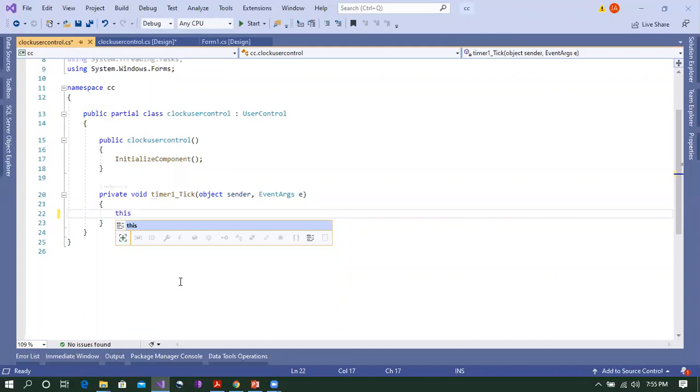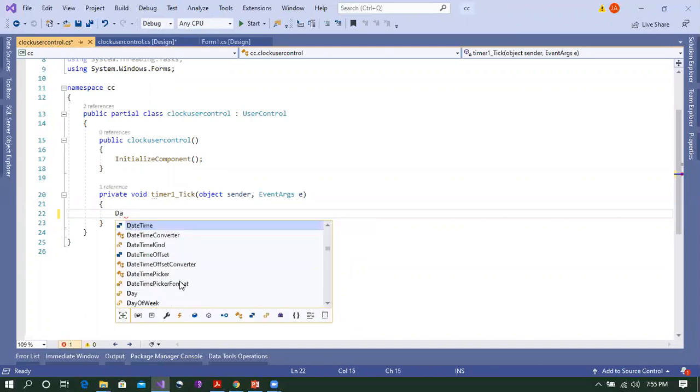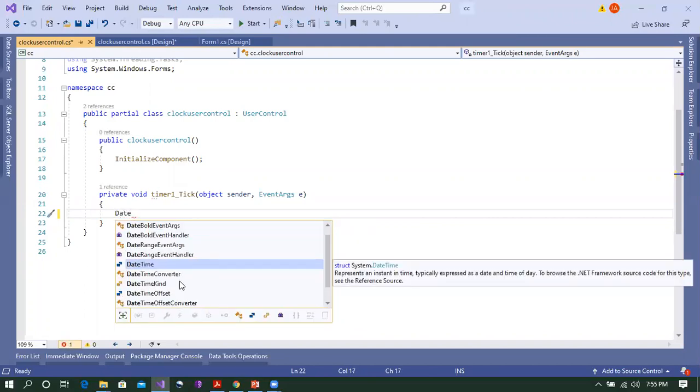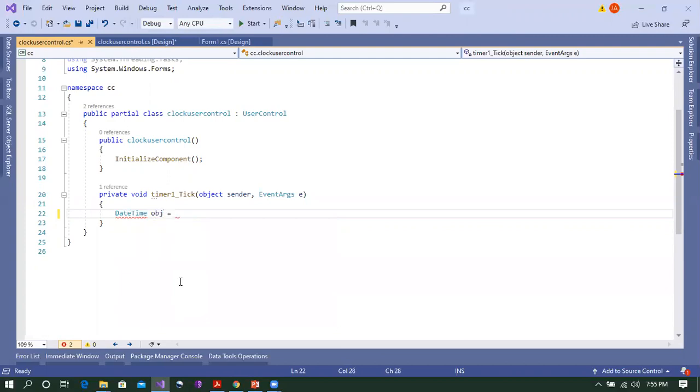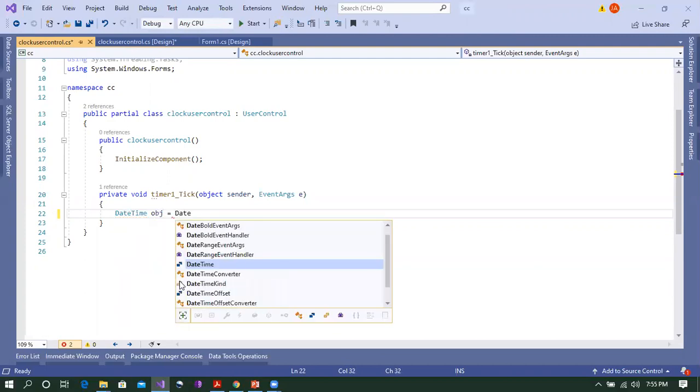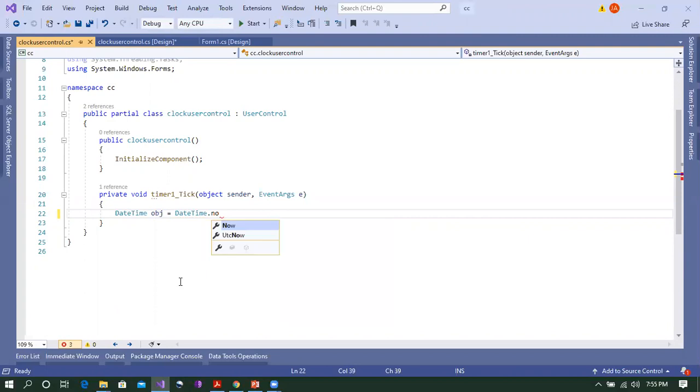In this, what I am going to do is DateTime obj equals DateTime.Now, getting the current instance of a DateTime. This is a property, not a method.